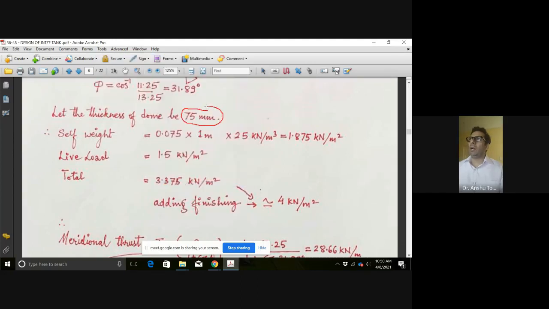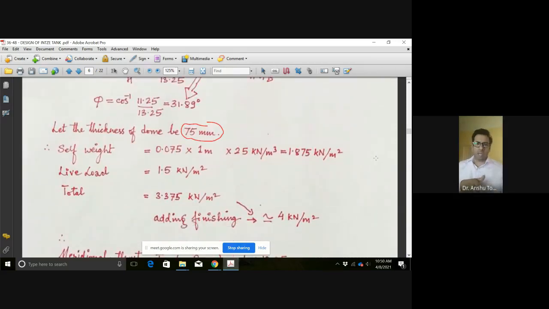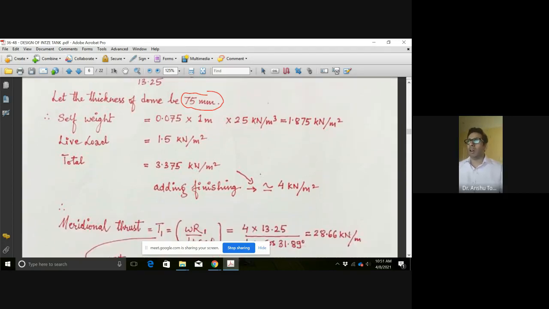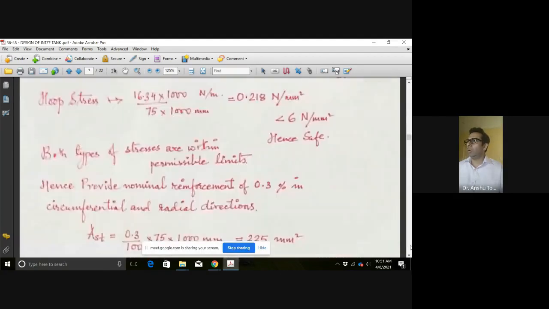The reason being, again, there is no load above that particular dome part. Here, all the water load is coming onto that dome eventually. So there are three components which are responsible to take all the load: one is the conical dome, another is this spherical dome, and the bottom girder. So that is why the thickness cannot be taken 75 mm. Live load is not required here, so it is not applicable here. So self weight and the weight due to water is going to be the total load.